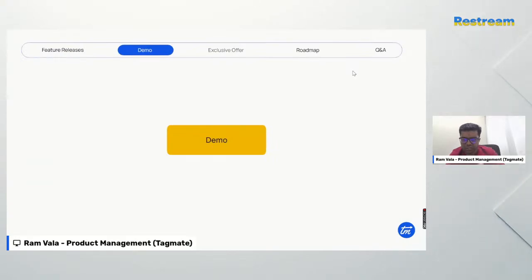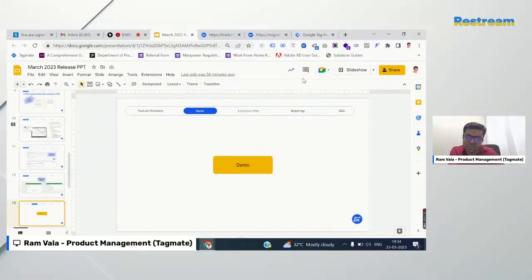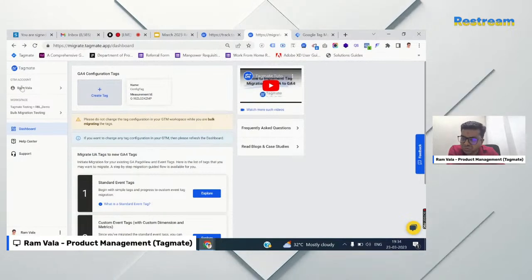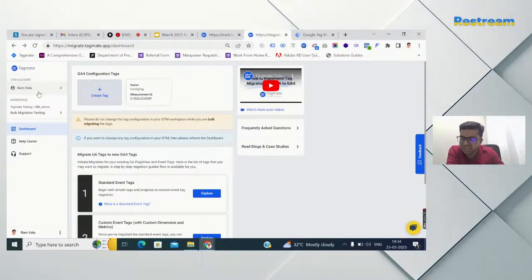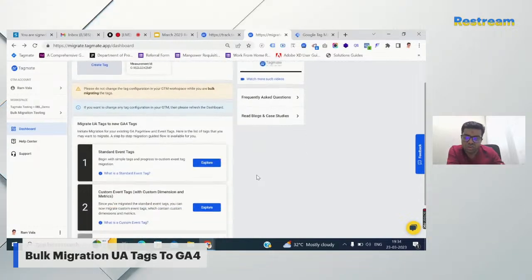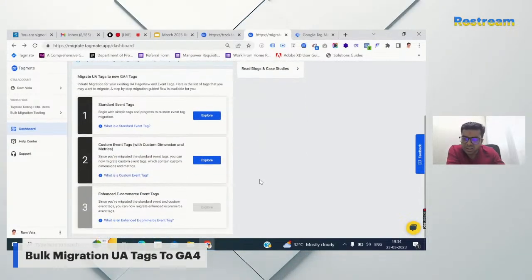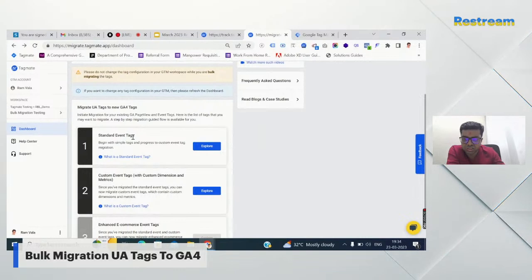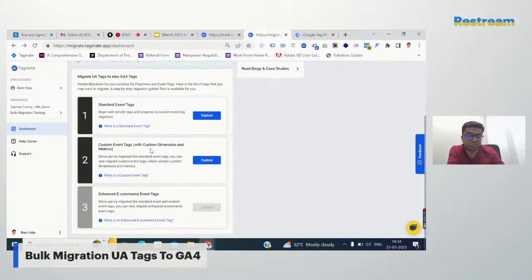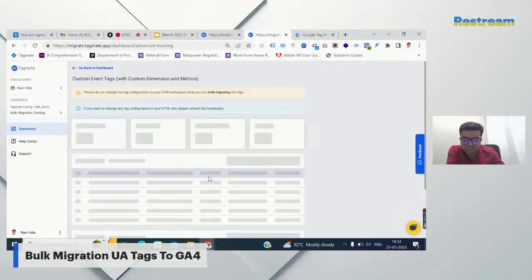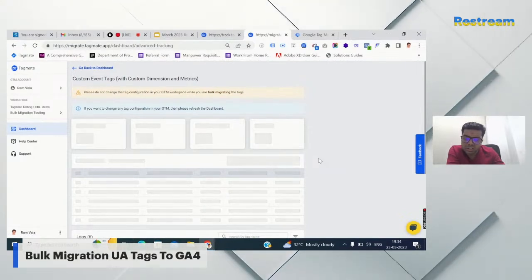So let's go to a demo. Let's check the real action, right? So first, the bulk migration part. Many of you know this is the bulk migration screen where I connected the GTM account, and I connected the workspace in which I have so many UA tags that I want to migrate. On this particular workspace, I have some standard event tags as well as custom event tags with custom dimensions and metrics, right? So let me just explore the custom event tags,